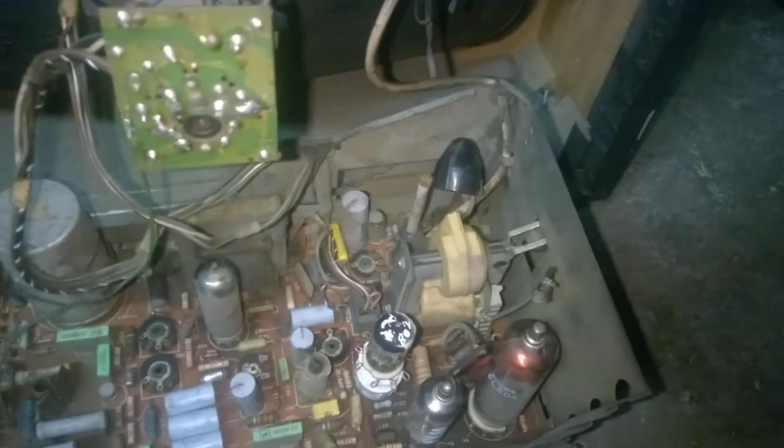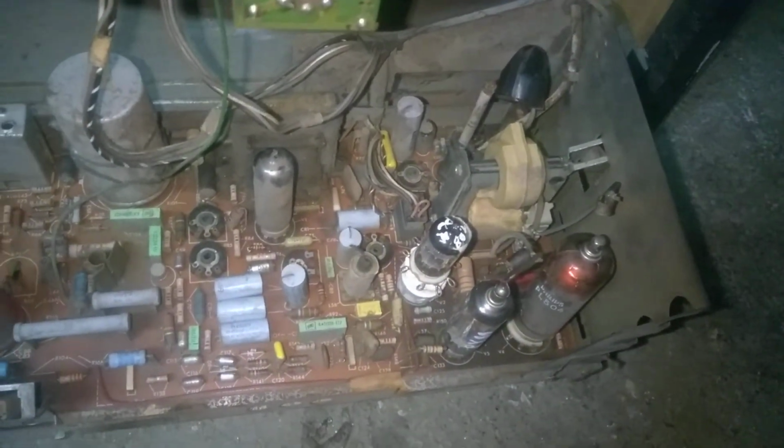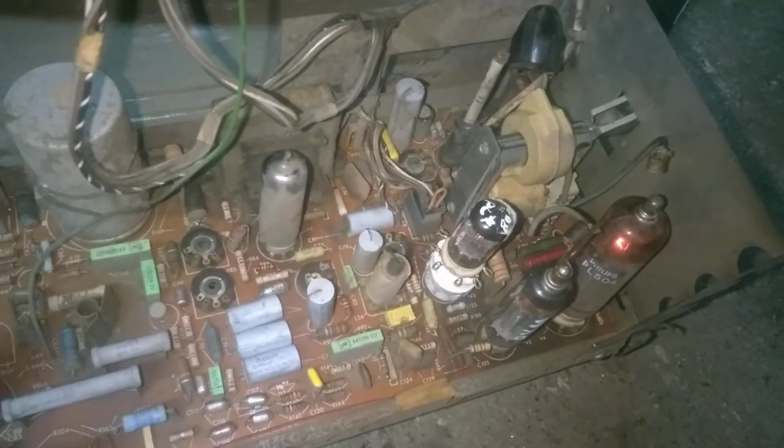The flyback's not open, and it's usually never open. The problem is generally shorted turns. So we have something on the speaker, but we have no sound. If I turn the volume up,